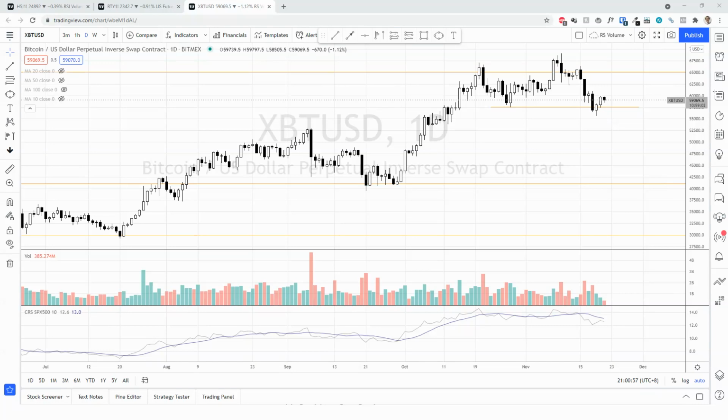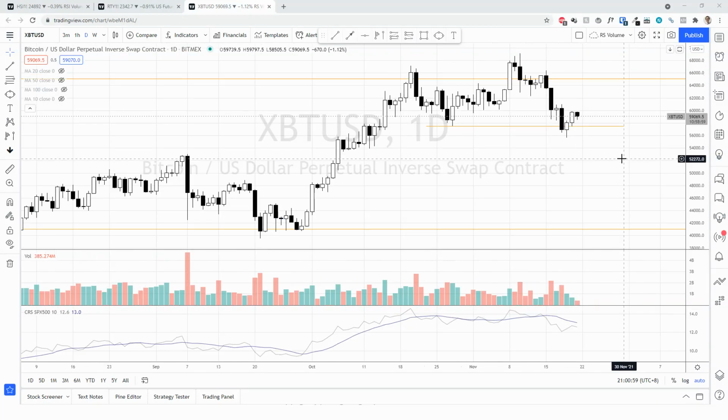So in order for the spring to become valid, we definitely need to see, at least for now, I want to see a test. There's an increase of the supply, and I really would like to see a test, followed by a break above.